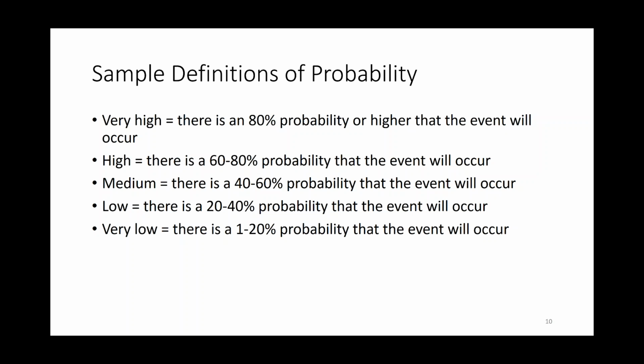So if somebody was more risk averse, you might have a very low probability as 1 to 5%, and a low probability is 5 to 15, and a medium is 15 to 25, high 25 to 35, and very high might be, I'm very risk averse, and anything greater than 35% I'm going to say is very high probability. So that indicates somebody who is very uncomfortable with uncertainty. So you can use these definitions of probability, or when we get into impact, to reflect your risk appetite.